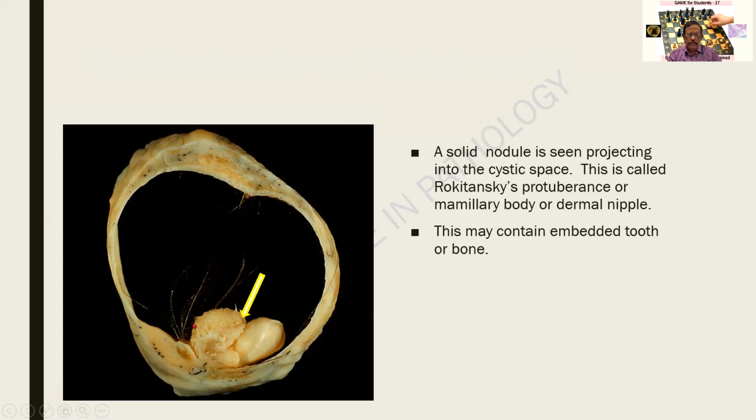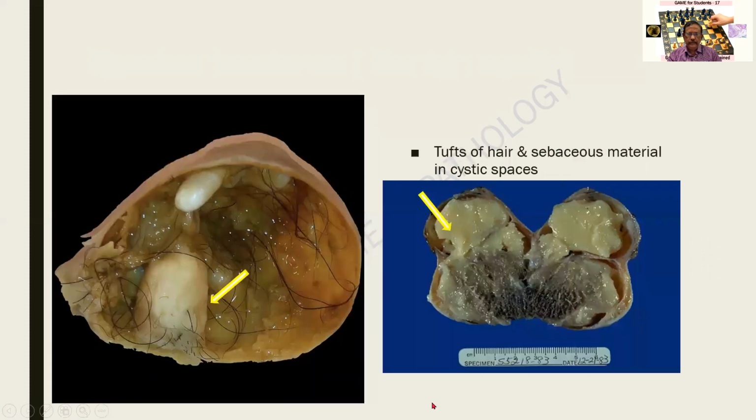Therefore, when we gross, we will have to study this particular area to see the representations from all the three germ cell layers. This again is a photograph retrieved from the net. I am finding a tooth over here, and it's also one. And I'm able to see some pasty material in the cystic space. That is probably something like sebaceous material. And there is a large unilocular cystic space.